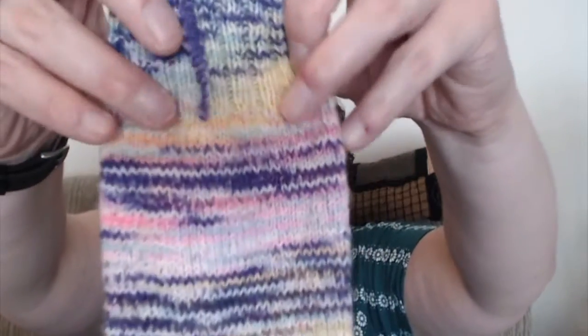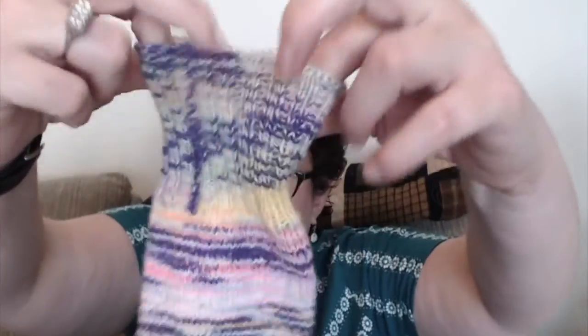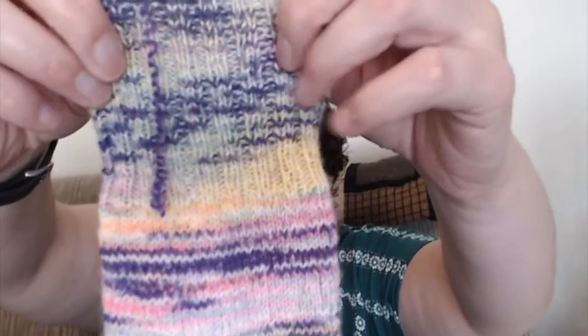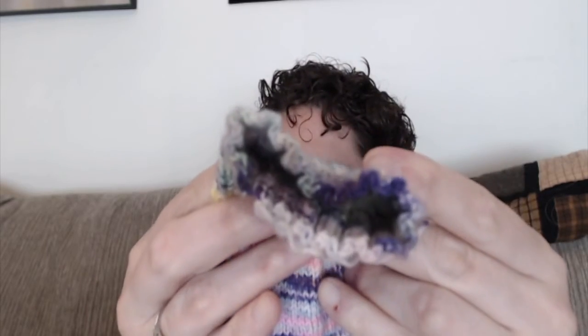Because I really knew these were going to be tall and that this would need to fit over my calf a little bit, I did 40 rounds of ribbing, so they're a little bit higher, taller cuff than I normally would knit. Then to finish the sock, I do about 20 rounds of ribbing normally. In this case I did about 40, and then I bind off with Jenny's Surprisingly Stretchy Bind Off, and it